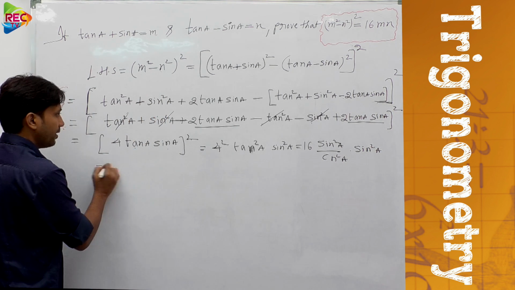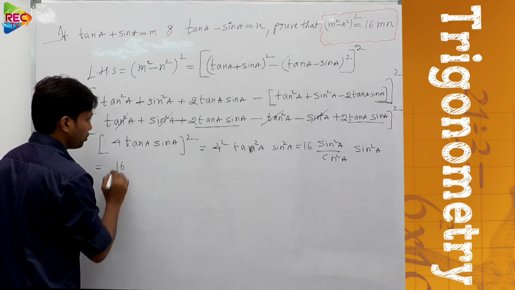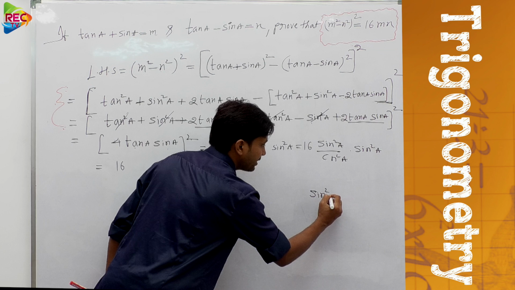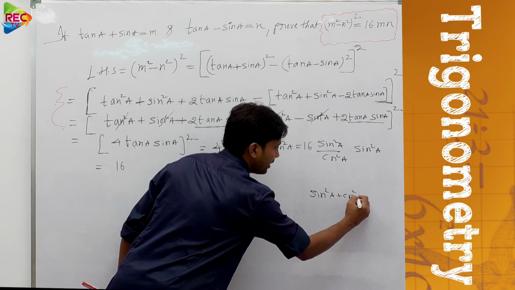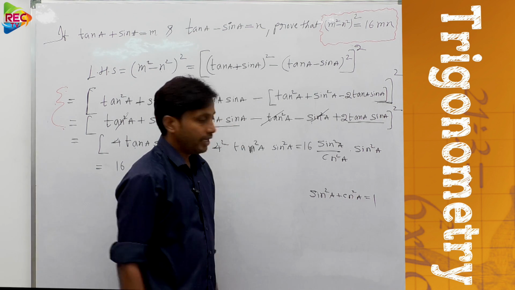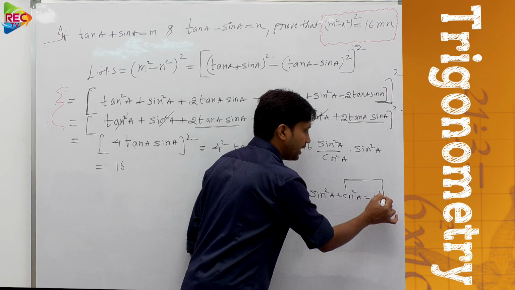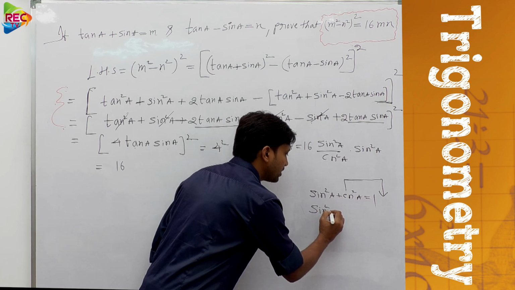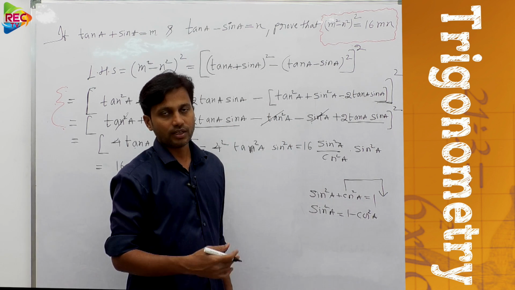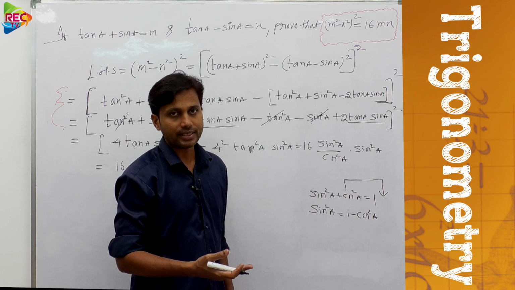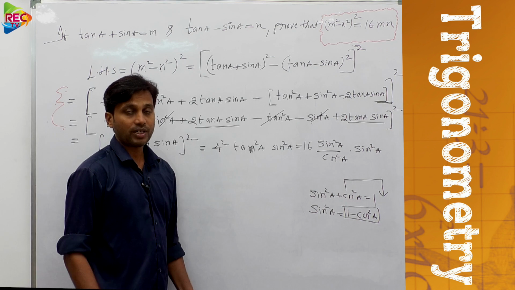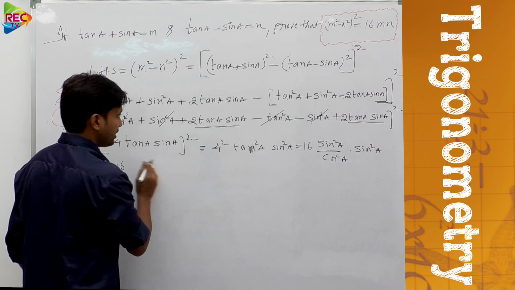Now in the next step, write 16 into. Now before writing this, I want to recall one trigonometric identity, that is sin square a plus cos square a equal to 1. Already we know that sin square a plus cos square a equals 1. If you take this cos square a to the other side of the equation, how can we convert it? Sin square a equals 1 minus cos square a, or not? On going to that side, the sign of cos square a will change to minus. So therefore this is 1 minus cos square a, right? Sin square a can always be written as 1 minus cos square a for all values of a.